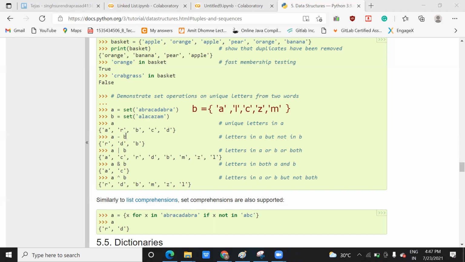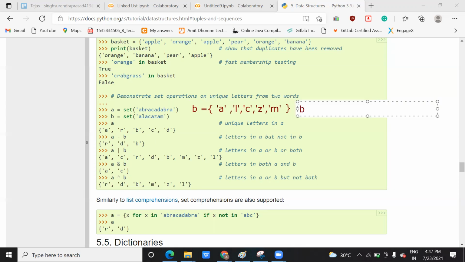Similarly, if I say you do the opposite, B minus A, B minus A means what? What are the elements of B that are not present in A? So can you see L? L is not present. C is present, so you don't take it. L, Z, M. Okay.